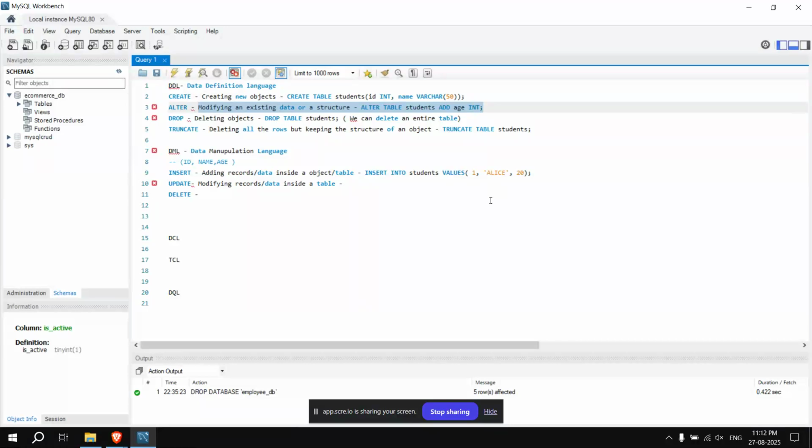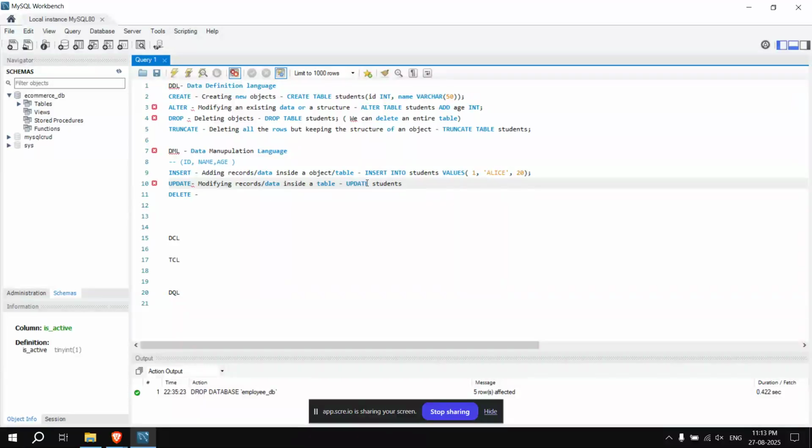The update command will be like this: update, then the table name.